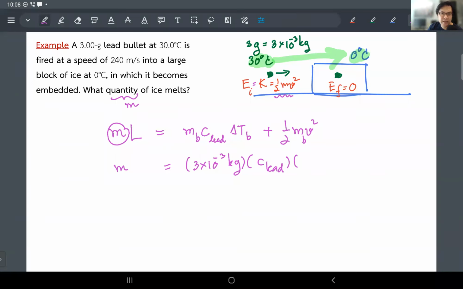Now, the way that I'm doing it right now, if you notice, I'm just taking the magnitude of this one and comparing. Does that make sense? I'm just trying to remind you what we did last week as well. If you really calculate just a pure delta T of the bullet, you're going to get a negative number because the temperature of the bullet is reduced. Does that make sense? All right. So if you stuck with the actual definition of the delta, you're going to see that the change of the temperature of the bullet gives you a negative number, because that negative means the energy, which is the heat, gets leaked out, or is transferred out from the bullet